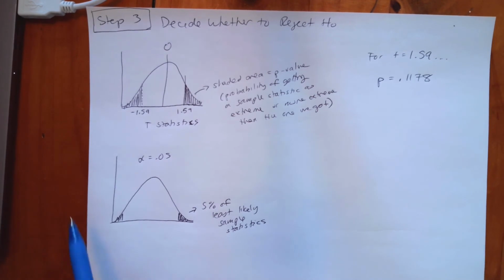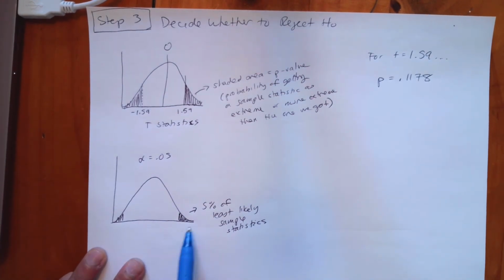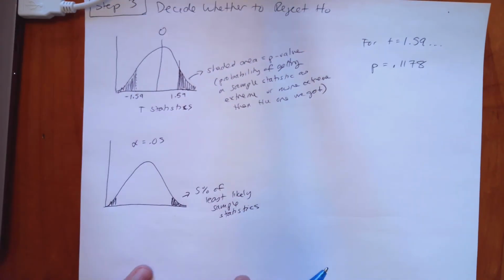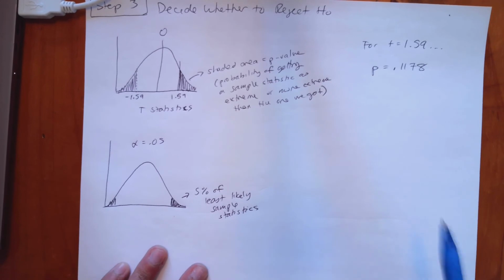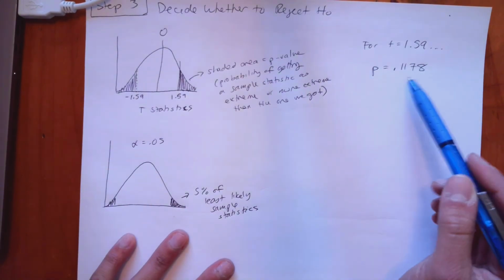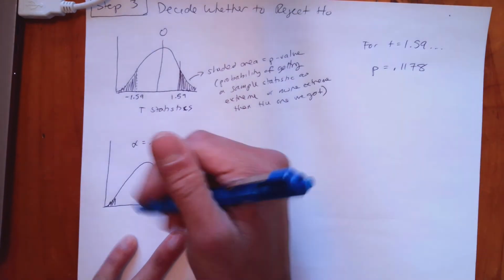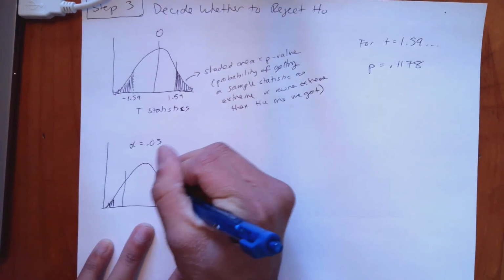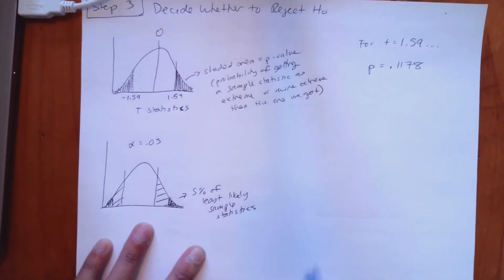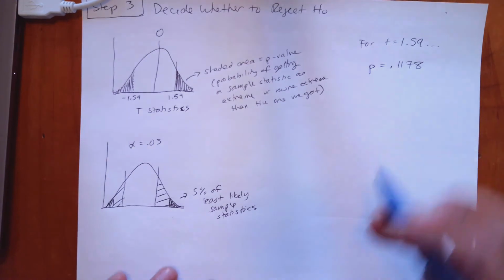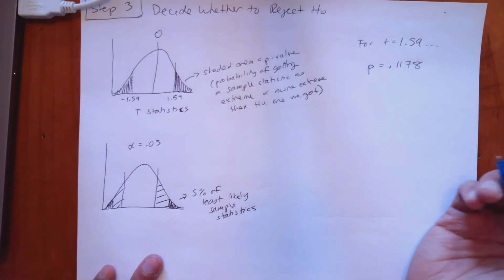So if our sample falls in the 5% of least likely values, we would reject the null hypothesis. In this case, though, our p-value of 0.1178 tells us that our sample values here actually fall in the 11.78% of least likely sample values. Because how we interpret this p-value is that